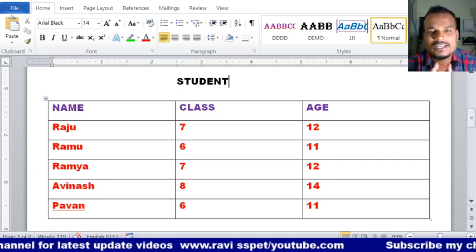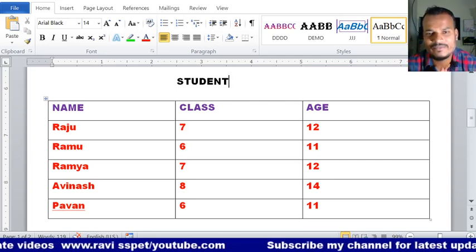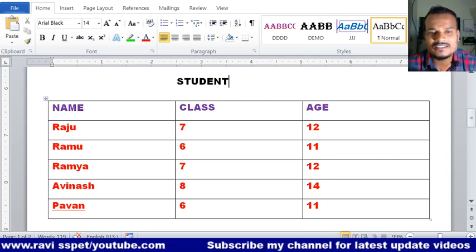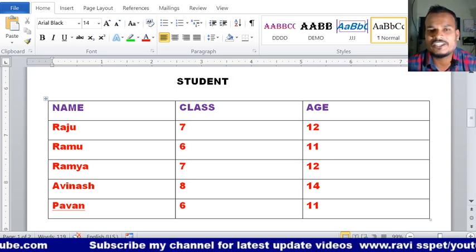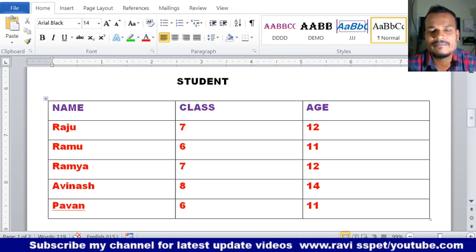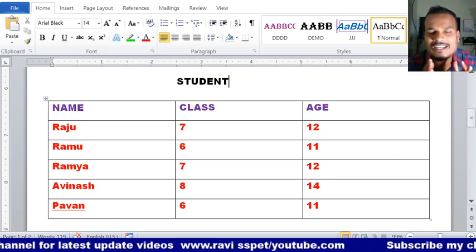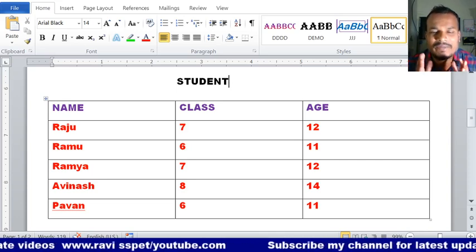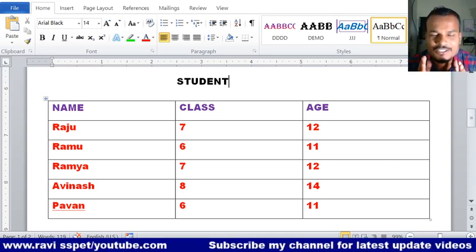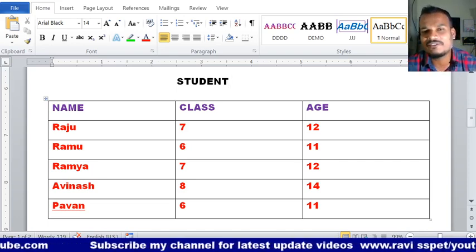In this student table I have stored the students' details. Here a total of 5 students are there. Out of the 5 students, I want specific information: the students who are age 12.